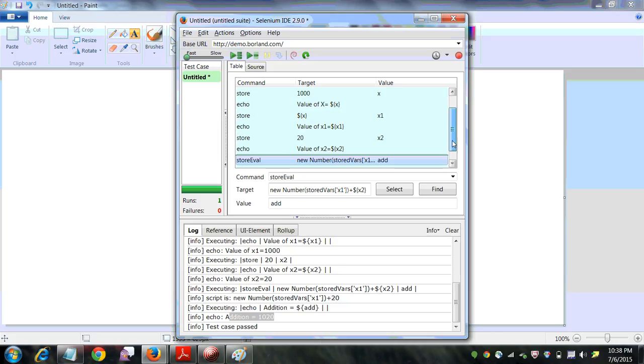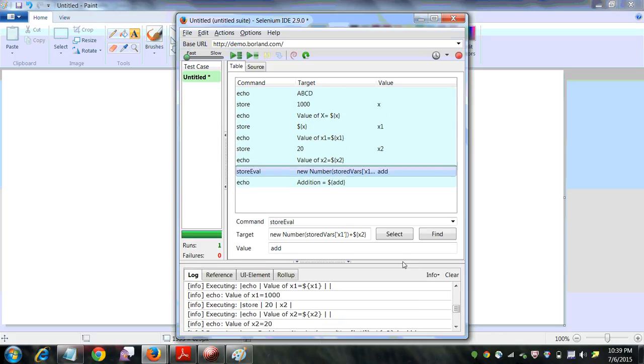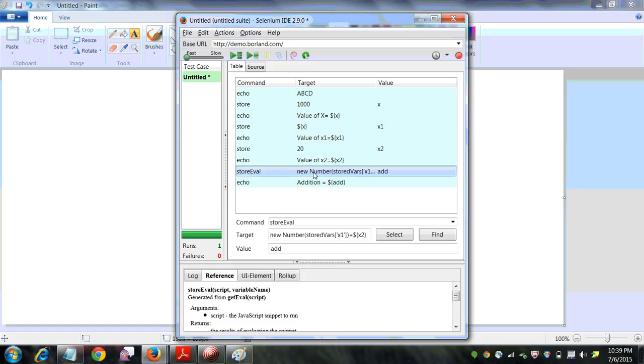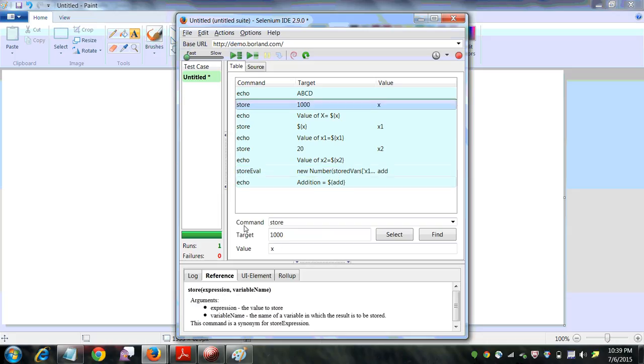That is a very important question you will normally face in interviews. What is the use of store? What is the storeEval function? What is storedVars? So store is an inbuilt JavaScript function through which you can store some value in some variable. That is, you can assign one value to any variable. And